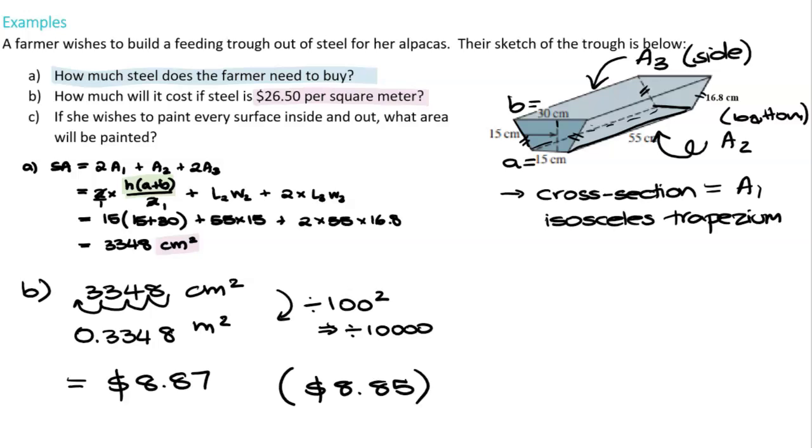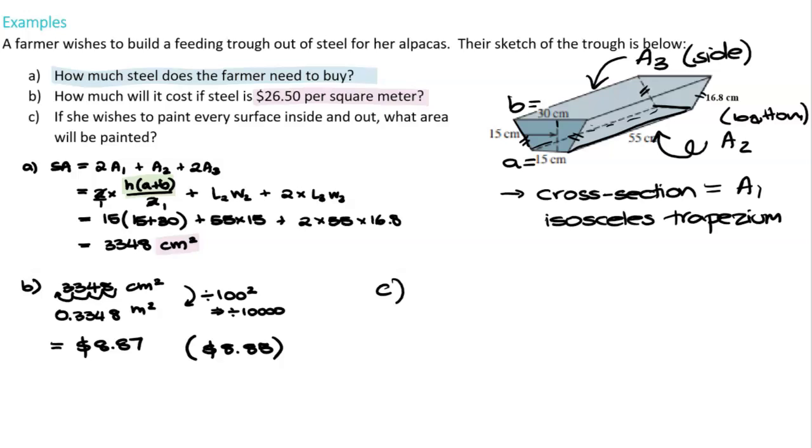Okay, time for part C. Part C says if she wishes to paint every surface inside and out, what area will need to be painted? Well, we did the surface area, which is the sum of all the outside surfaces of the object. Hopefully you can see if we double the surface area, that will be like a coat of paint on the inside surfaces. We're ignoring any thickness in the metal here. So that means we're going to do 2 times our answer to A. So 2 lots of 3,348. So 6696